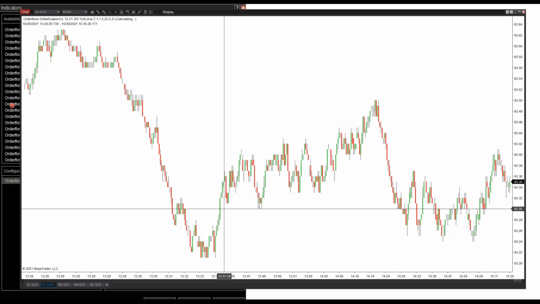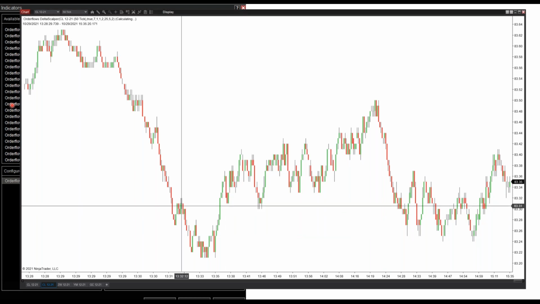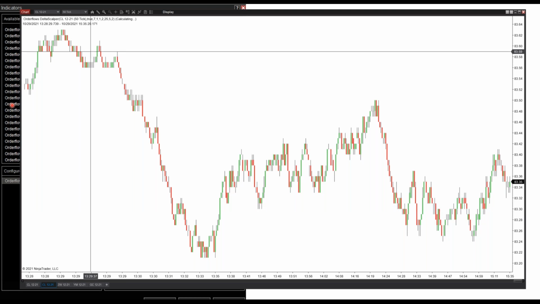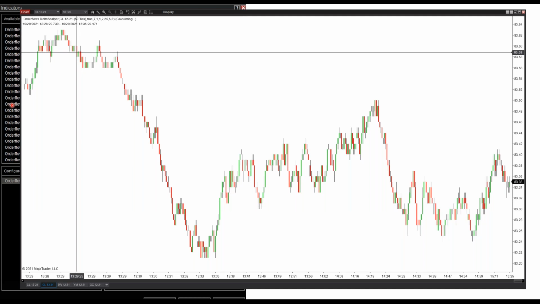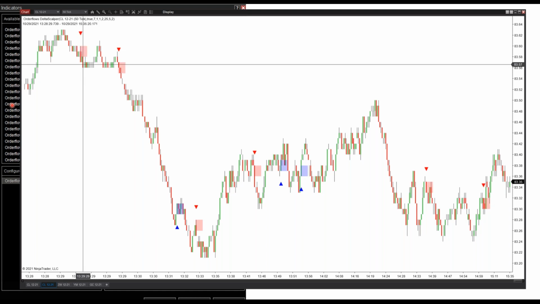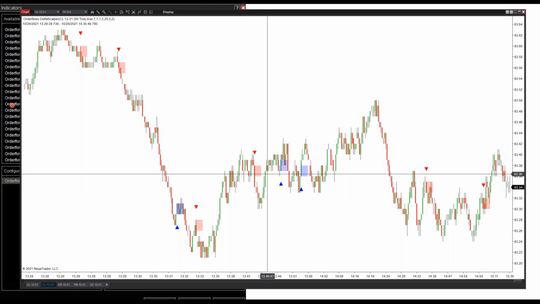okay, so there was that blue box here, but there was no blue triangle here. There was a red box up here, but there was no red triangle. So when you disable it, it's just going to give you the signal as long as the conditions are met, right? So you can see the sell here, the buy here, the buy here,